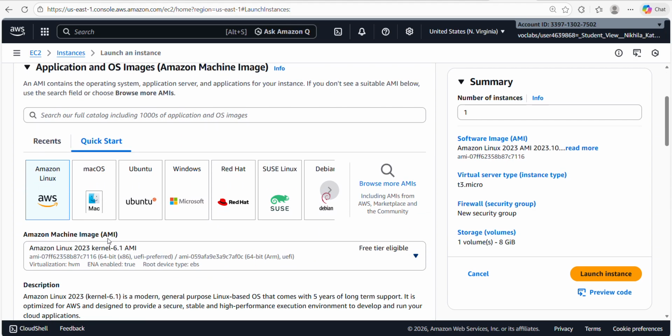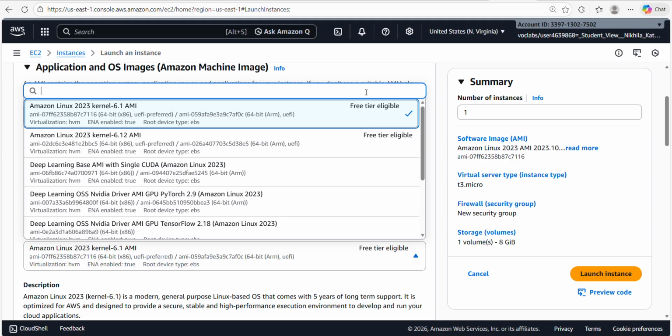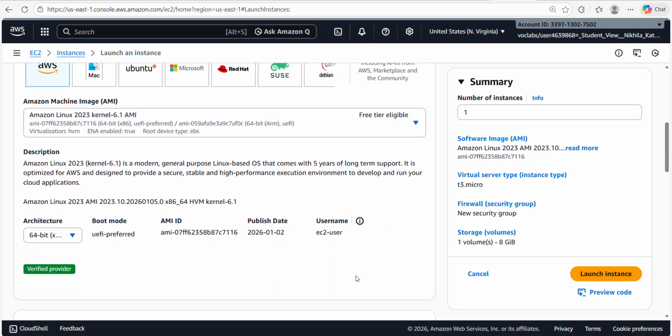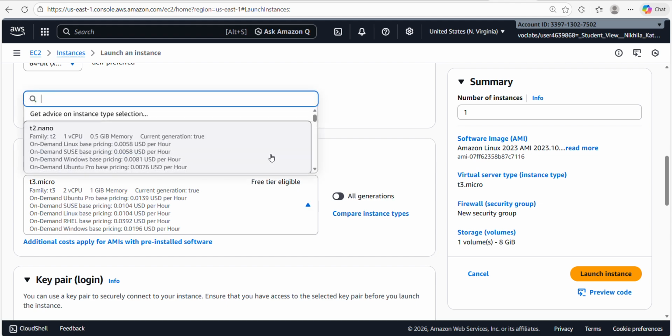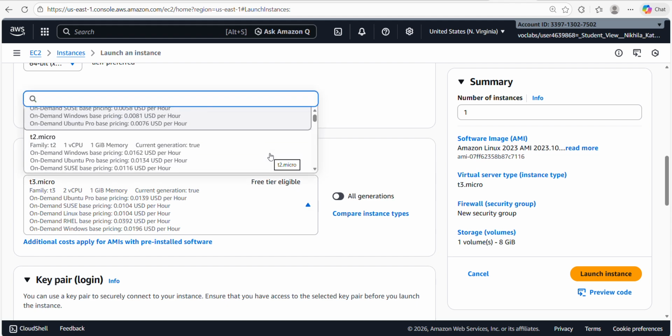Go to application. As we are creating Linux, you need to click on Linux. Previously we clicked on Windows, but now we are launching an instance of Linux, so click on Amazon Linux. For Amazon machine image, click on the free tier. Go to instance type. Click on t2.micro, which has one virtual CPU and 1 GB memory,